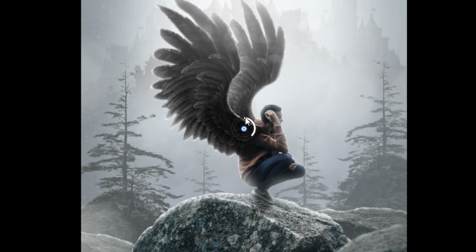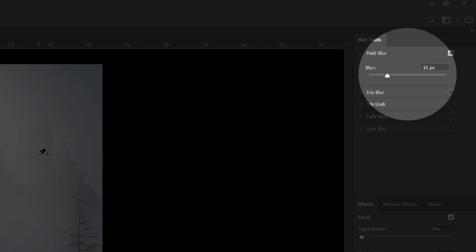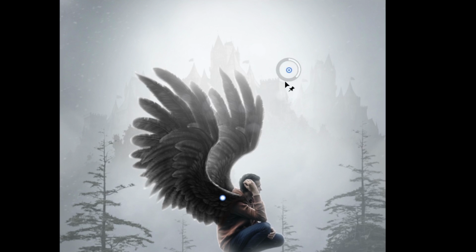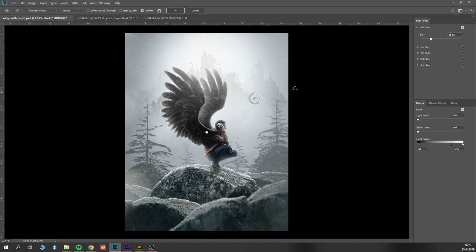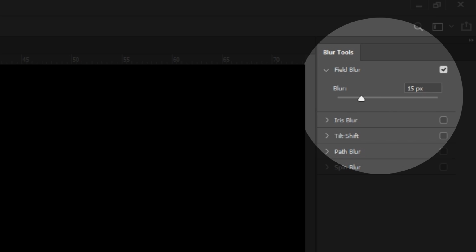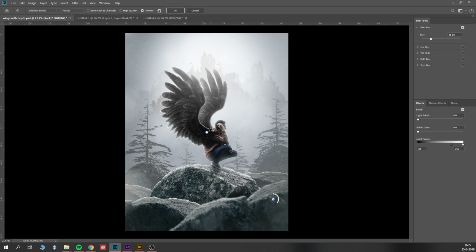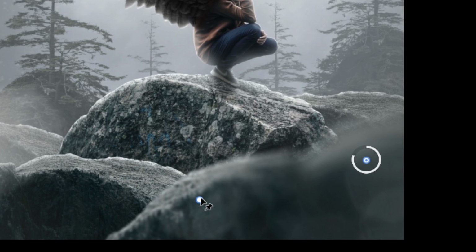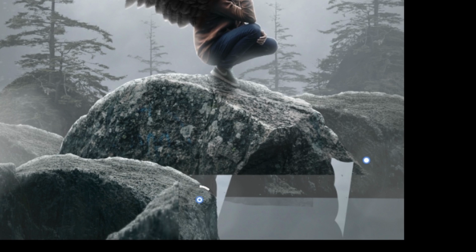In the middle of your image, a point will show up. This is sort of an anchor point to which you can attach a blur value. If you click somewhere else on the artboard, another point will show up. When a point is selected, you can change the blur value in the right corner. So maybe you want something to be very blurry at the bottom but not so blurry at the top. This is the way to achieve that.